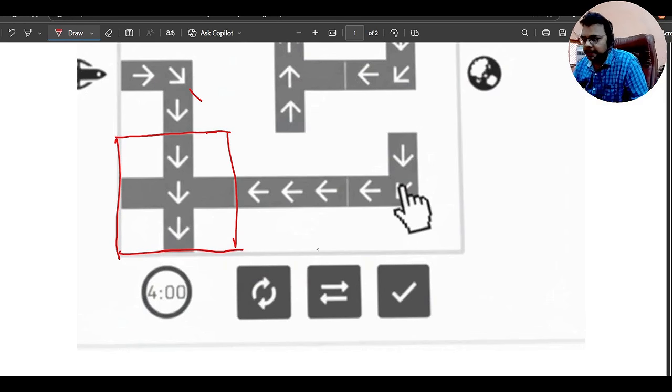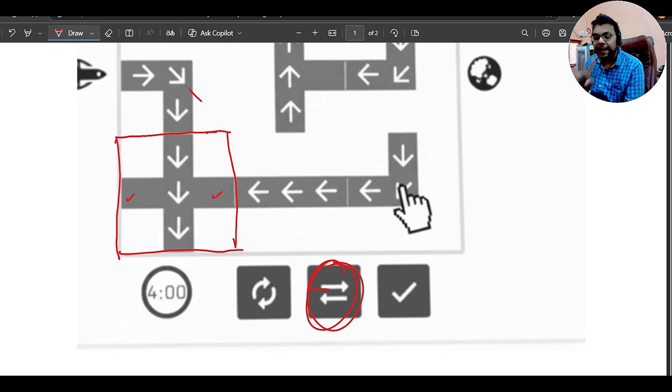Suppose now we think we should use this change direction button in this whole block, the whole 3 cross 3 block. Whenever you select the tile, a whole 3 cross 3 block will be selected. Suppose now you choose to select the change direction button. It will change the direction of the arrows. Now listen carefully, in how many directions can it change the direction? See,